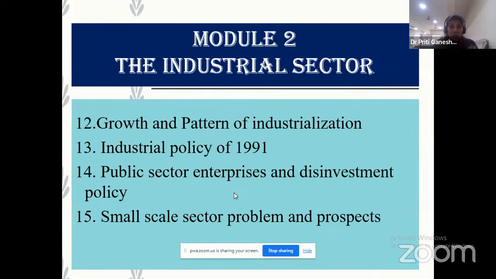After that, you have to write the points very neatly. I saw papers where students make a circle. Like in a PPT presentation there are different graphics, you can also write the points in graphics. That doesn't mean you have to do drawing and everything, because we don't have the time. It's a theory paper, and within the time you have to complete your paper. So while writing, you can write the numbers, which is also good, or you can make a tree chart. Just write the industrial policy 1991 as the main bullet points. That is also up to you.